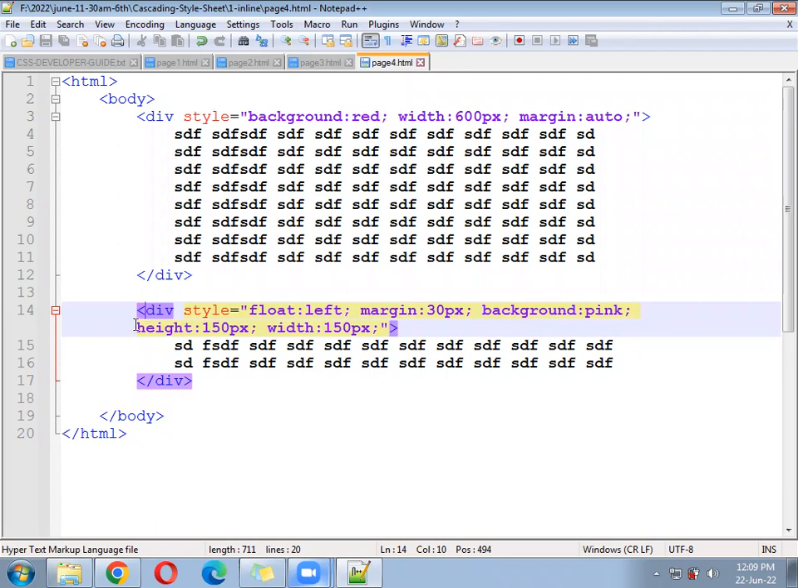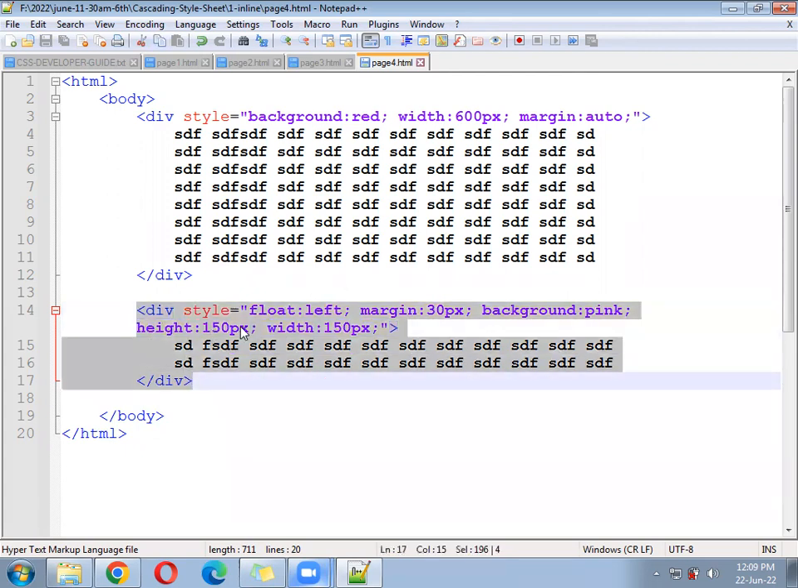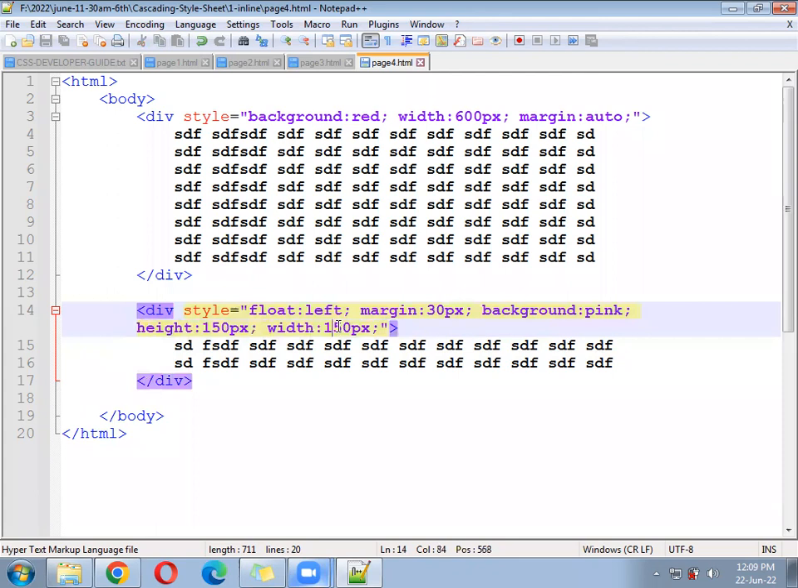So how much space does this division need? To run this division, how much space is required? Height, how much? 150. Width, how much? 150. Plus, you have written margin here as well. It needs margin left 30 pixel, margin right 30 pixel. So 30 left and 30 right become 60. And plus width, how much? 150. So to run this division, you need a minimum of 210 pixel of width, because the width is 150 and